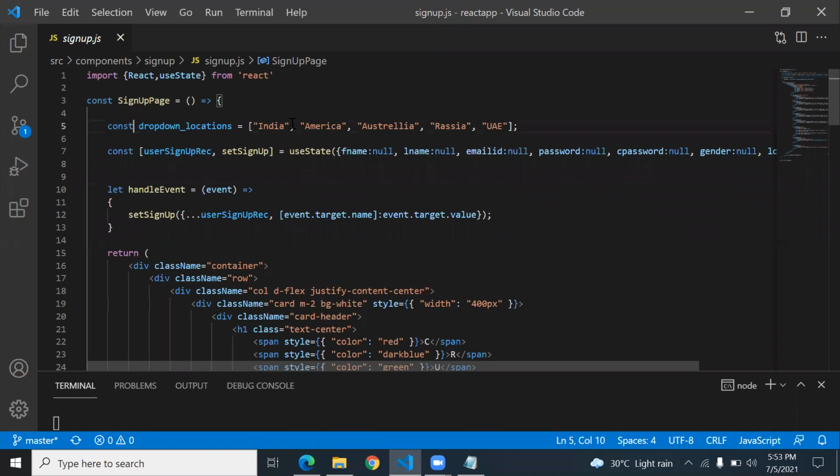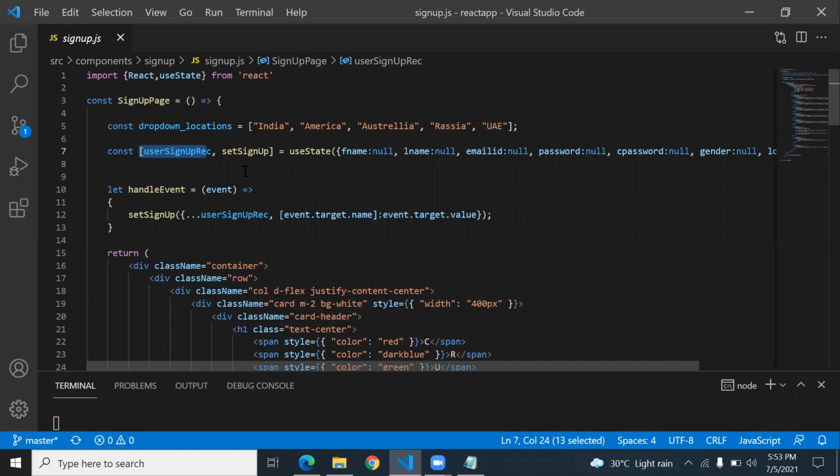First, understand the form structure. It is easy. I created the user sign up record as one object, and there I hold some data. Now to perform validation in React, I first need to handle one event for the text box, the onChange event.